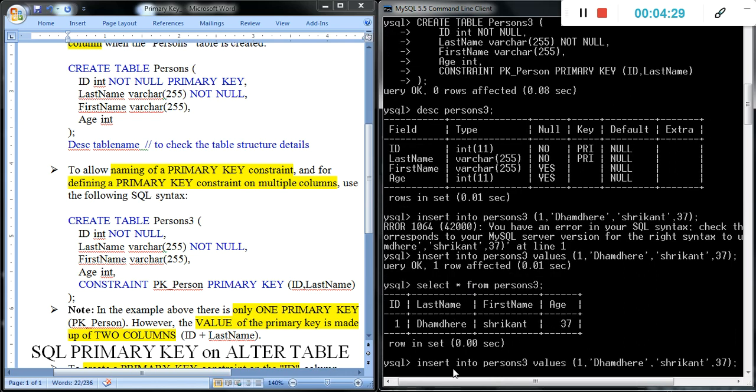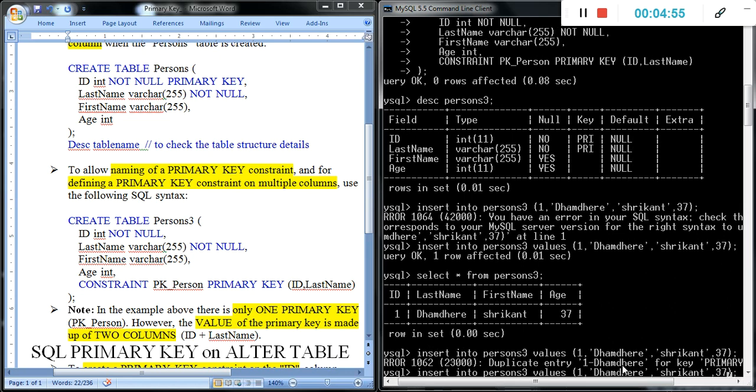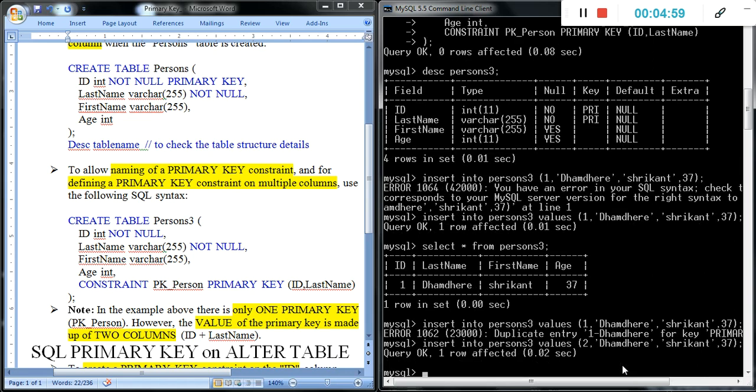Now we add the same record. It gives a duplicate entry error for the combination of ID and last name. We created the key with two columns, ID and last name, and that key is 1 dash Dhamdere, so if we store the same record it gives a duplicate entry error. We change a single value, making the ID 2, and enter.